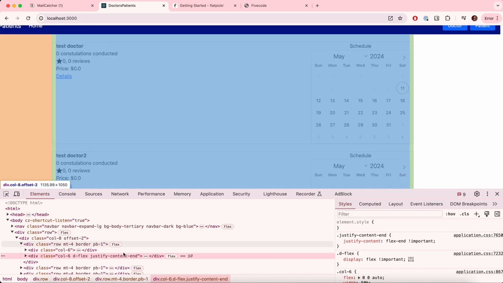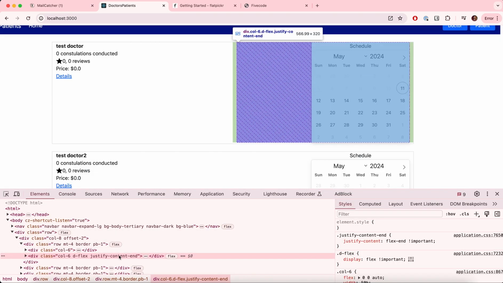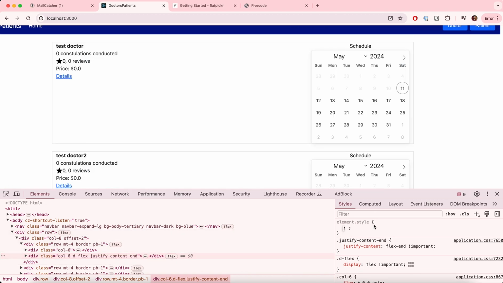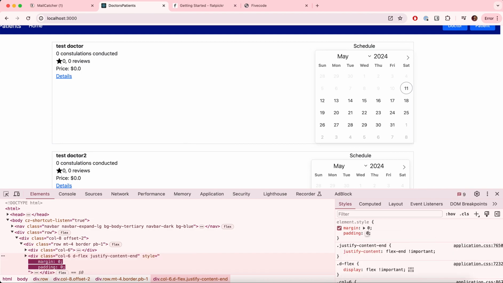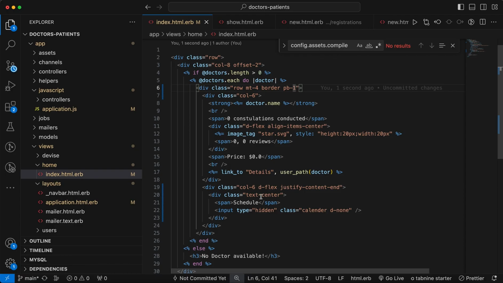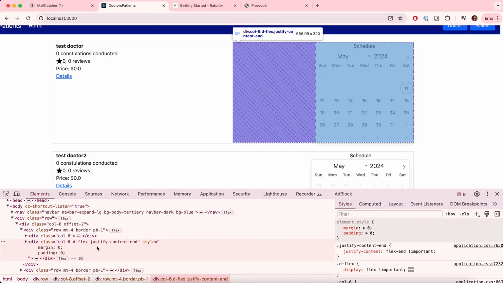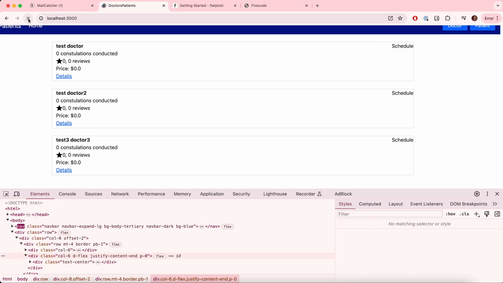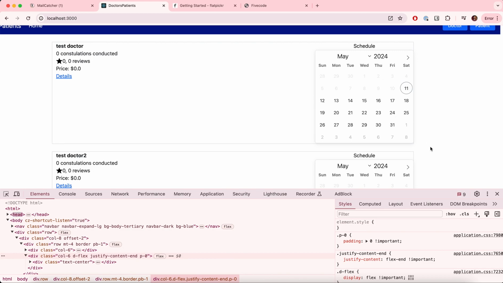If I inspect it, okay, so let's set the margin to 0 and the padding to 0. We added this padding on this div, so let's add p-0. If we go back and refresh, now the calendar is